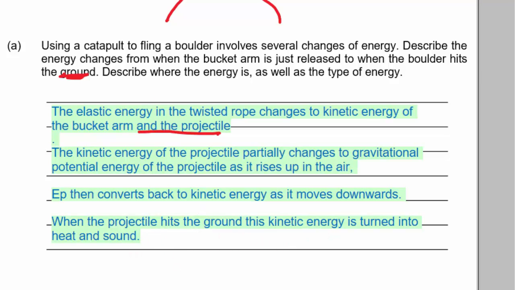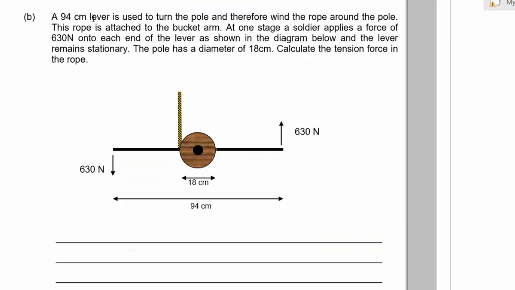So 1, 2, 3, 4 for merit. Most people got not achieved or achieved for something that should be a pretty obtainable question. B. A 94 centimeter lever is used to turn the pole and therefore wind the rope around the pole. This rope is attached to the bucket arm. At one stage, the soldier applies a force of 630 newtons to each end of the lever as shown in